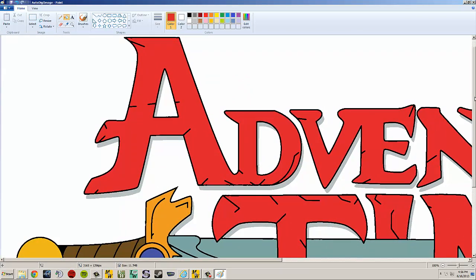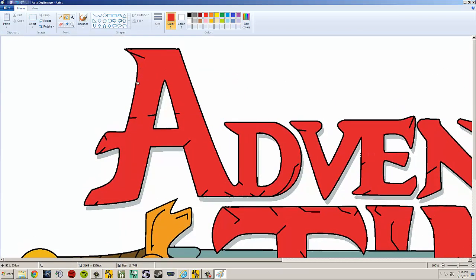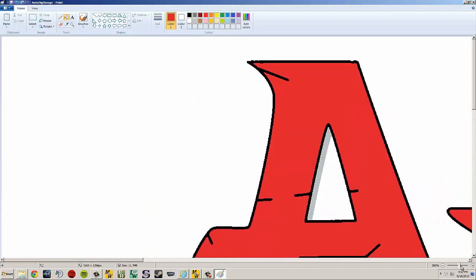Alright, and now the real fun begins. What we're going to do is actually zoom in a little bit more. And there's a handy little scroll bar down here on the bottom right hand corner. I can just drag it in to increase my zoom. Or I can hit this plus and minus button here. So I've still got my color, it's the right color, and what I need to do is actually disconnect